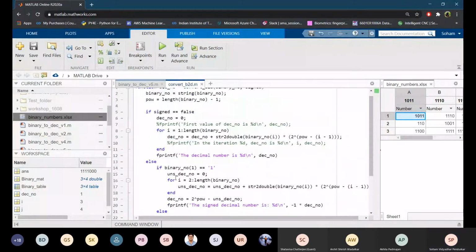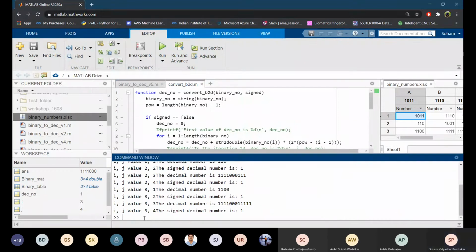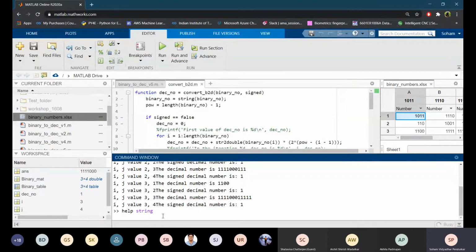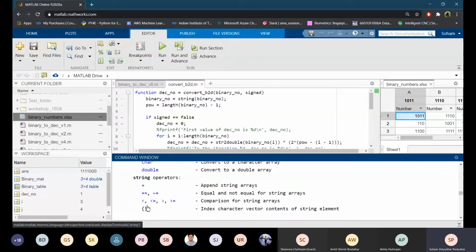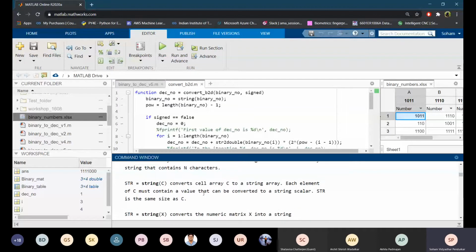Decimal number. There has to be an issue with this input. Help string. Let me see what type of output it gives me. String converts a character vector chr into string array. String C converts a cell array C into string array. Each element of C must contain a value that. Okay, so